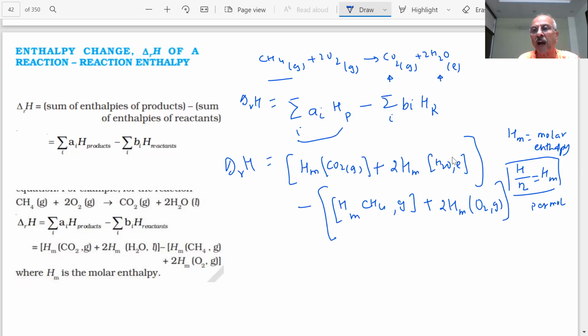We already told you that in an exothermic reaction, heat is evolved, and in an endothermic reaction, heat is absorbed. So for an exothermic reaction, delta H will be negative. In these combustion reactions, a lot of heat is already evolved, so the temperature will rise. Delta H is negative.